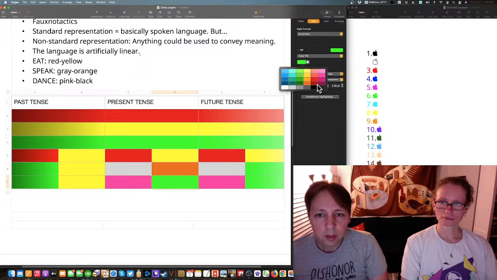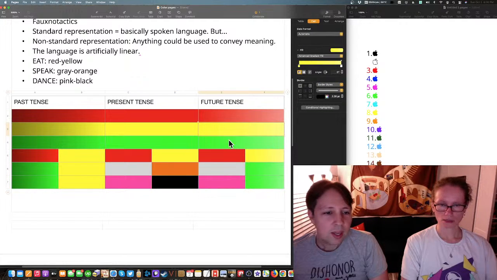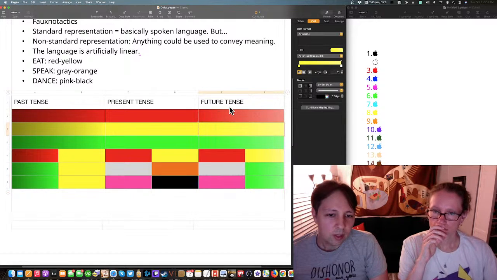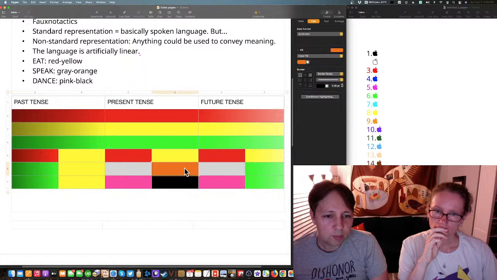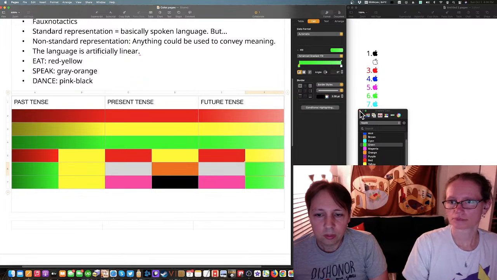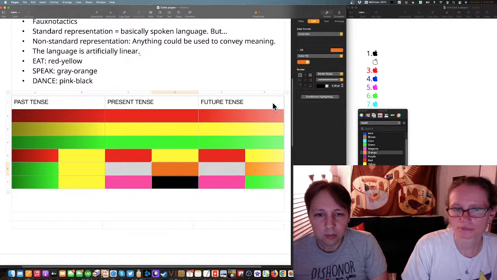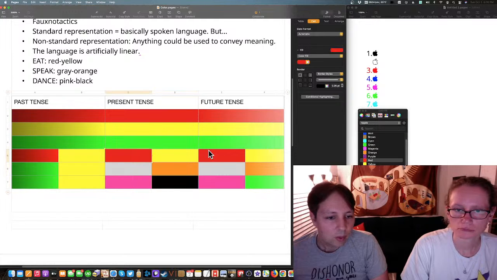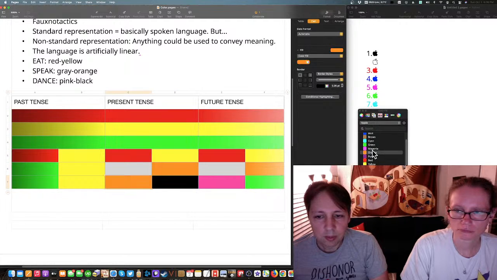All right, so if we want to keep this, you'll notice that the future tense is not going to work for this verb, and the past tense is not going to work for this verb. This one will be fine, so we'll load that up with O. That's why we did that. It's unfortunate, really. All right, let's make this magenta, and that magenta. The pink was so much better.